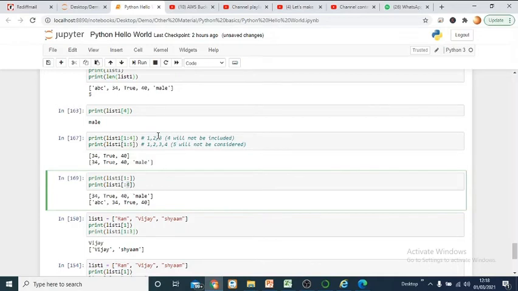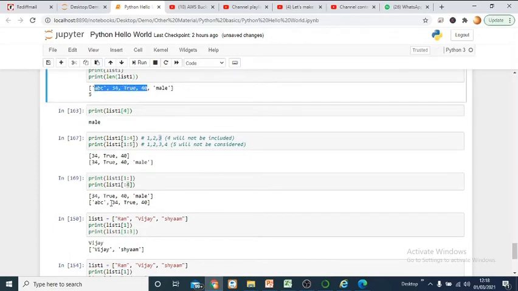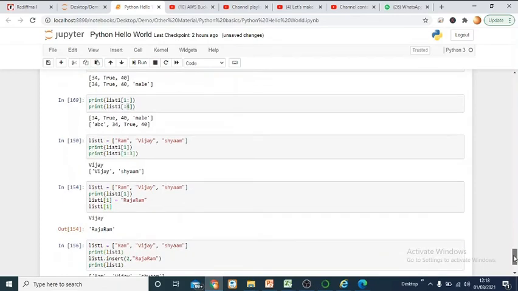So if you are mentioning 4, that means till 3 it will consider. So starting from 0 till 3. So 0, 1, 2 and 3. So these all will be displayed if you are going to mention this function. So ABC, 34, true and 14, right? So this is how you can fetch elements from the list.